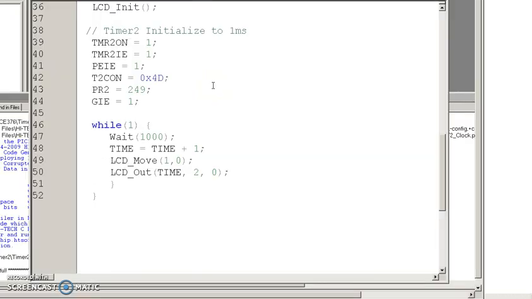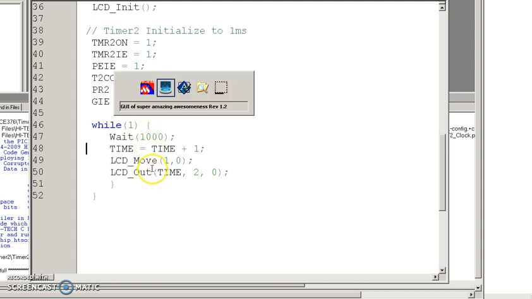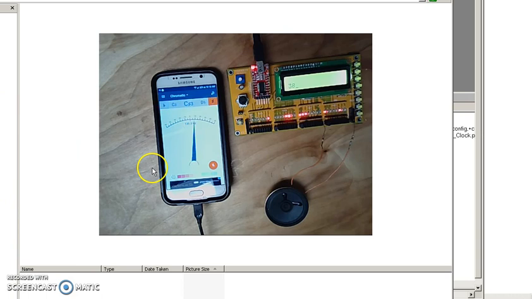To illustrate this, I've got the following code. I'm going to call that subroutine wait, which waits 1,000 interrupts for 1 second. Increment time, sent to the LCD display. This isn't exactly correct. If you look at the output, the counting is a little bit slow. If I look at the frequency,